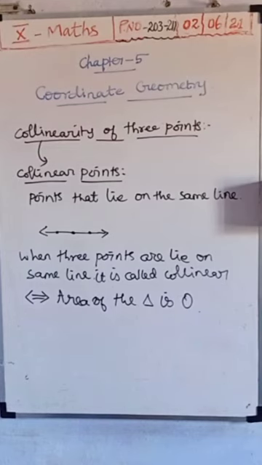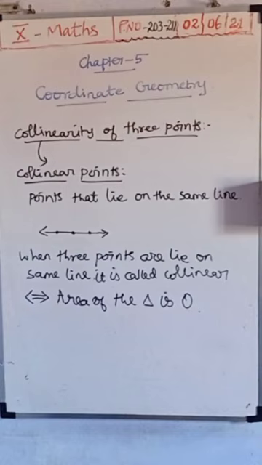So here, for the area of the triangle, we used two formulas. In the two formulas you compare, substitute all the values x1 x2 x3 and y1 y2 y3, and simplify. If we get the answer as 0, it means that the points are collinear points. Okay, so these two, the area of the triangle and collinear points, are what you are going to learn in this exercise.